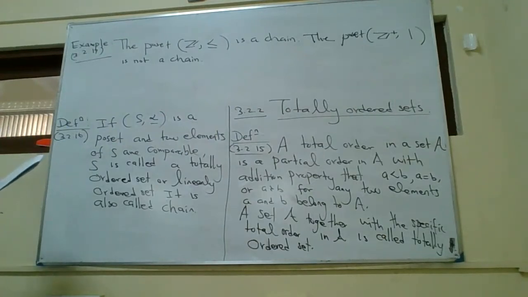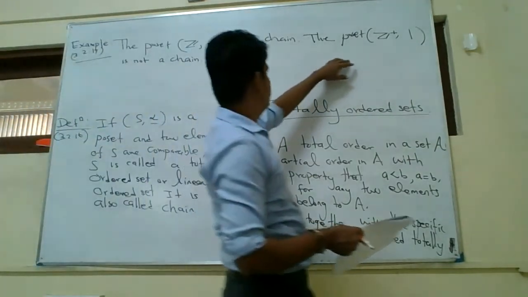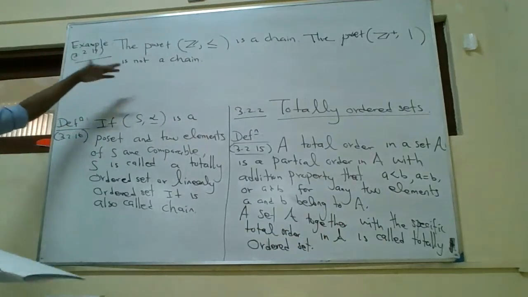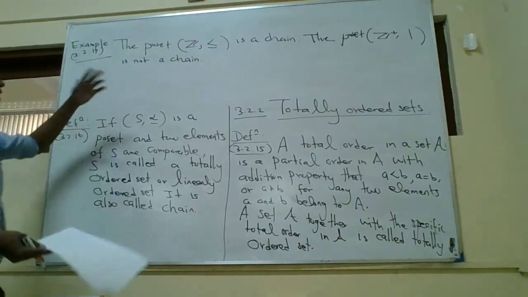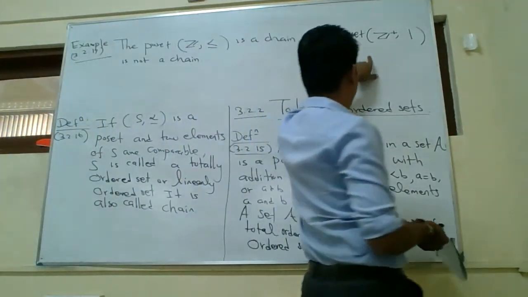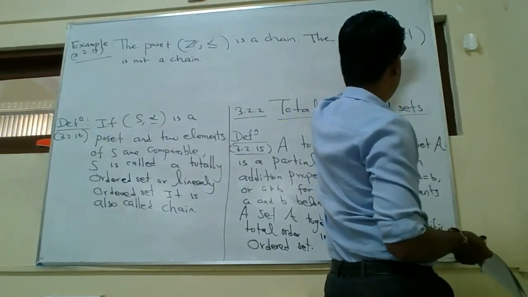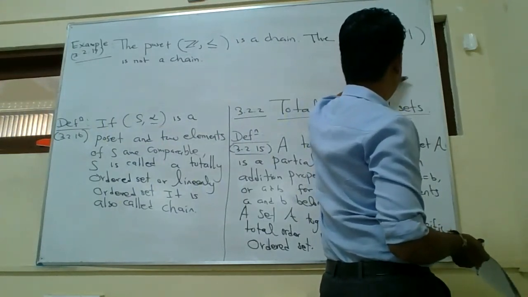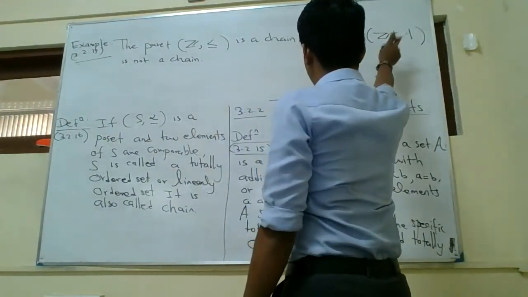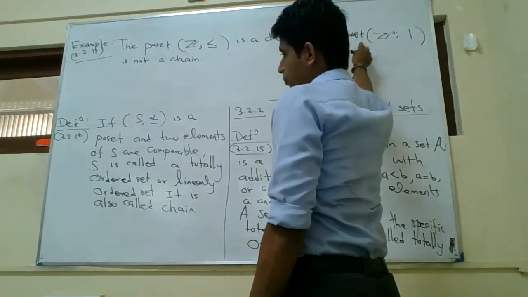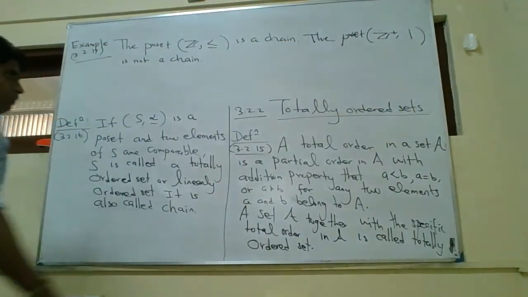First you show that it is a partially ordered set, then you show that any two elements are comparable. Obviously, for a, b in the set, either a ≤ b or b ≤ a, so both elements are comparable. But in the divisibility case, 5 and 7 belong to the set of positive integers, but 5 does not divide 7. Therefore the elements are not comparable. It is a partially ordered set, but for a totally ordered set, a chain, comparability is the problem. Therefore it is not a chain.